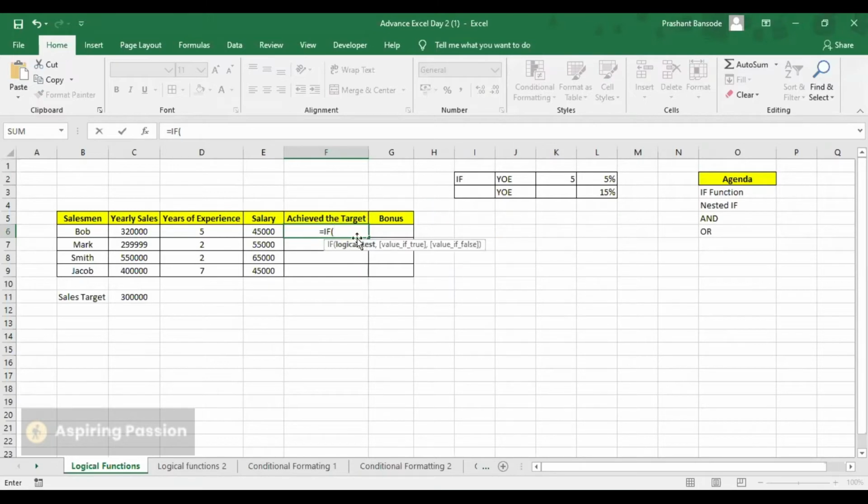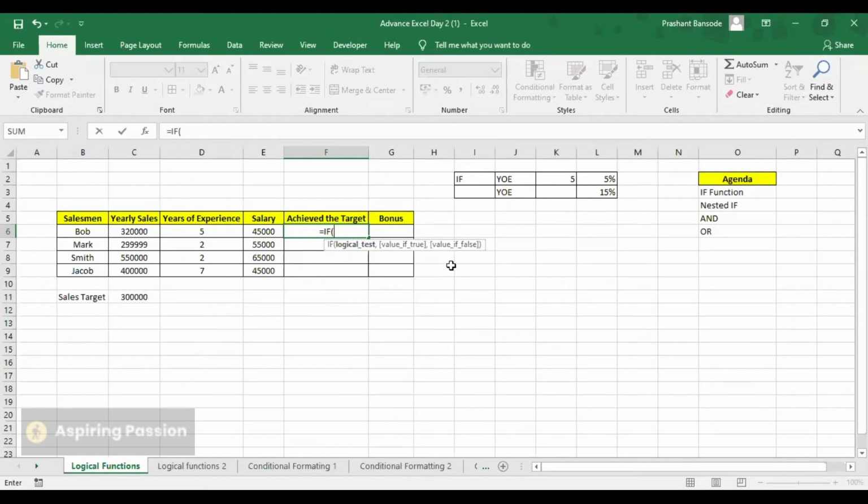The first thing it asks for is the logical test. This is the main important aspect of this function. If the logical test is satisfied, it will automatically give a result of true, or if the condition doesn't satisfy, it will throw a result of false. This is set by default in Excel.